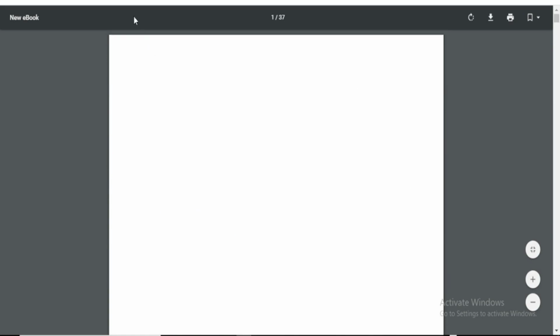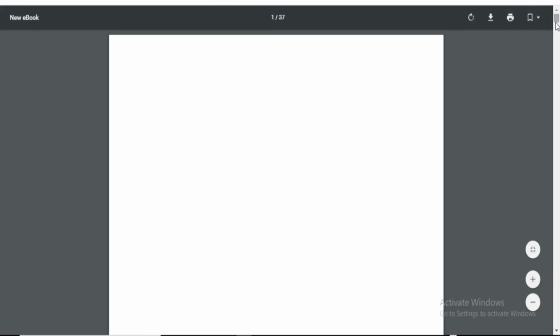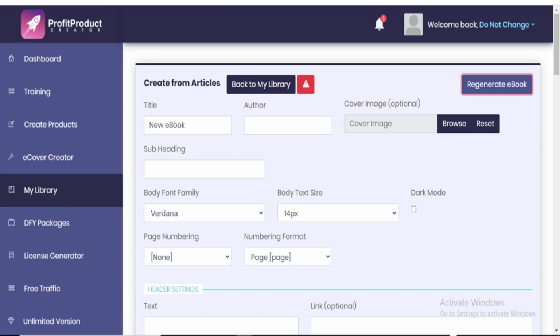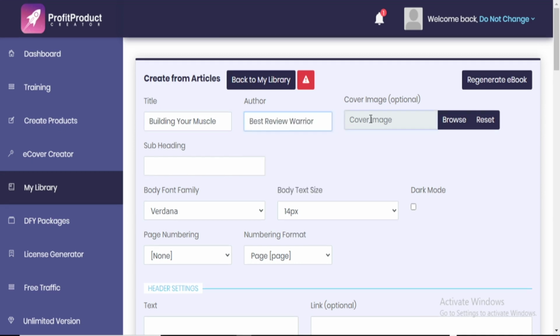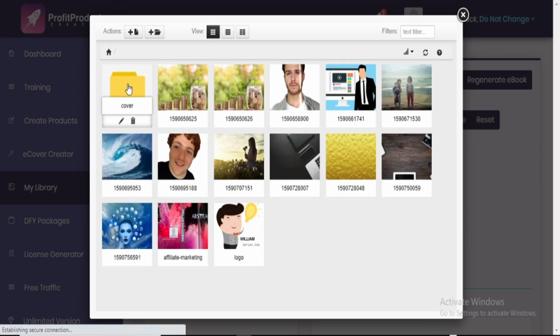But we need to go ahead and package the book very well. And for this, we'll be doing this. Now we need to add a title. See here, because we did not add a title, that is why it is giving us the default, the new ebook. So we need to add a title. So here we can add a title, building. Now the author, we can decide to choose here the cover page. So we can decide to choose from any of these, or we can create our own cover page.